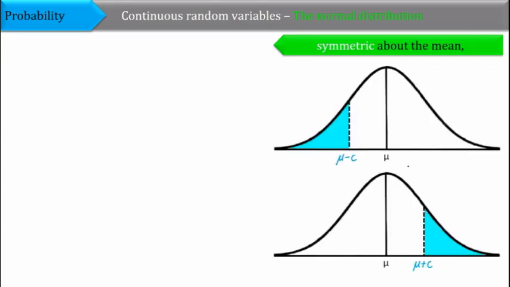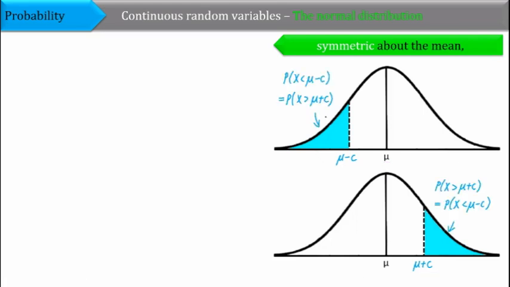Right, now let's look at this property, symmetric about the mean, or symmetry about the mean. What does it mean? Well, if we have our distribution, which is bell-shaped, our normal distribution, and we take mu, which is the middle point, and we subtract a value, let's say some constant c, and then we take that same quantity and add it to the mean,